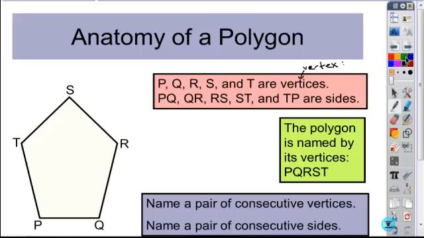All right, when you're dealing with consecutive sides, first of all, if you connect consecutive vertices in a polygon, you form sides of the figure. So consecutive vertices form sides of the polygon. Non-consecutive vertices, so if we were to connect non-consecutive vertices,